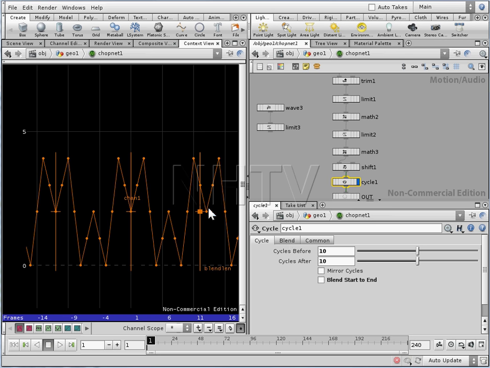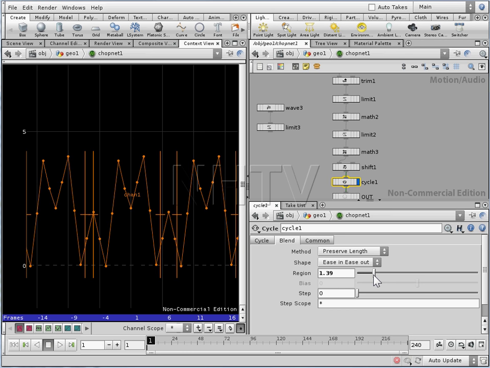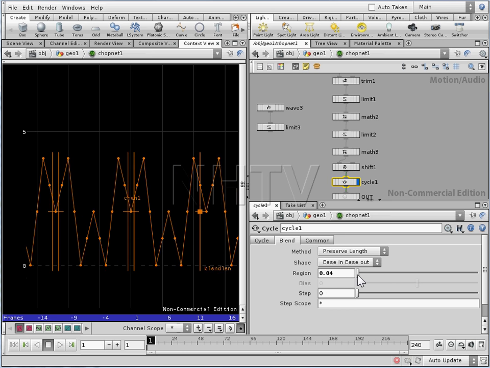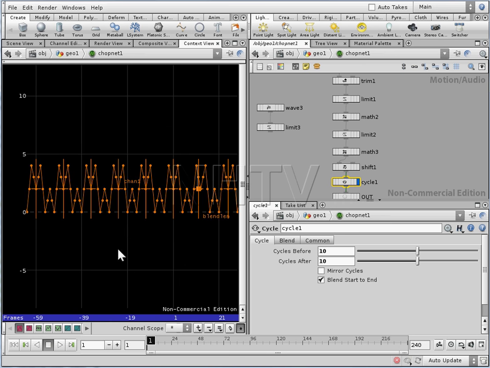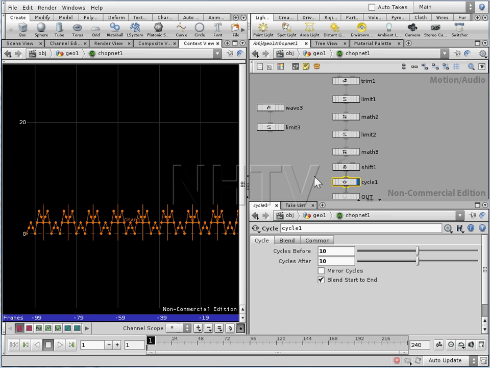The reason why it was a little bit distorted was because there was a blending value. So the bigger the blending is, the more one goes into another. So that was the reason why we were having a problem over here. But as you can see, we now have a repetition of what we have. Now you could say that